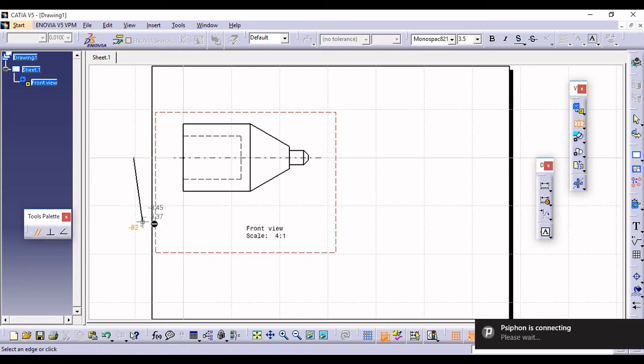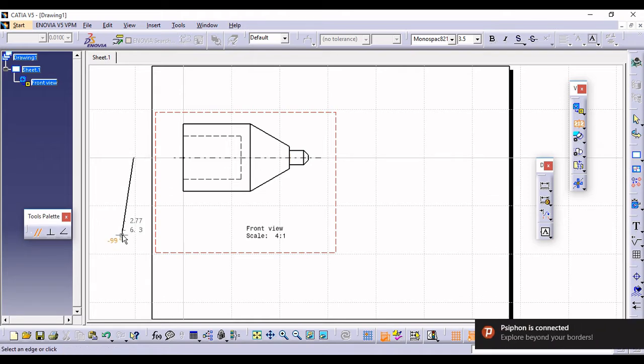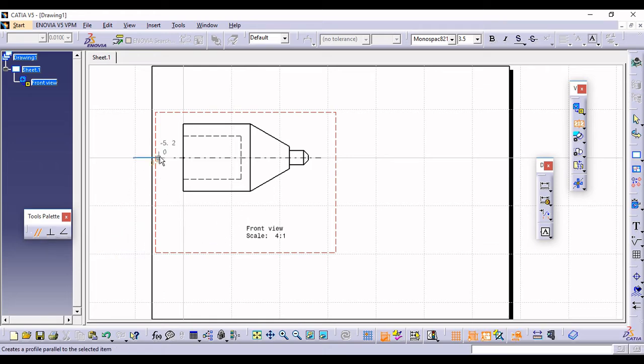If you want the perpendicular one, you select the perpendicular one, and if you want an angular one, you select this angular one and go for the angular section. Clear? So I'm clicking over here and I will extract exactly parallel to this line, and double clicking on the outside of this particular window.